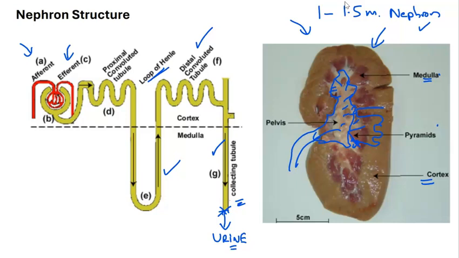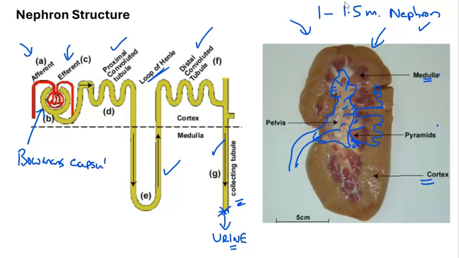Once the loop of Henle comes back up into the cortex, it then does a further twisting action, which is known as the proximal convoluted tubule, terminating in a dead end known as the Bowman's capsule, which is this structure B here in the diagram. So that's the Bowman's